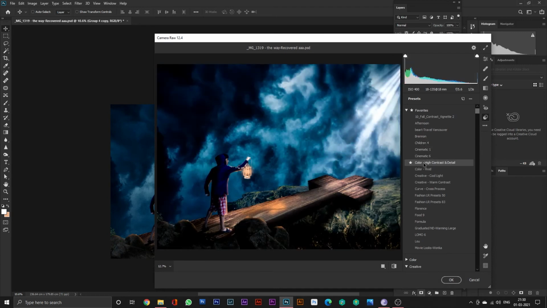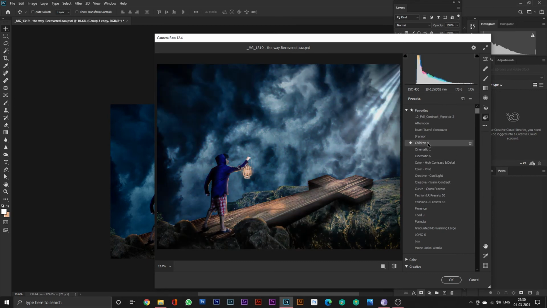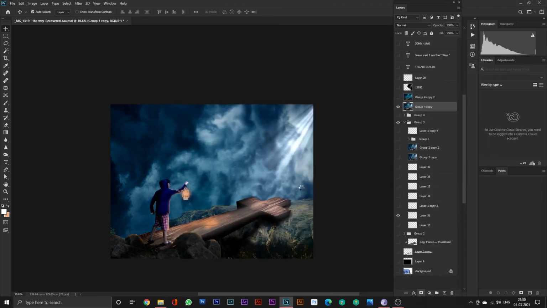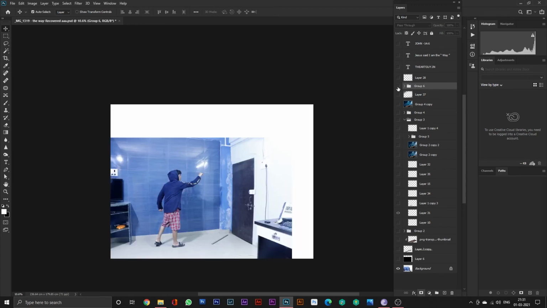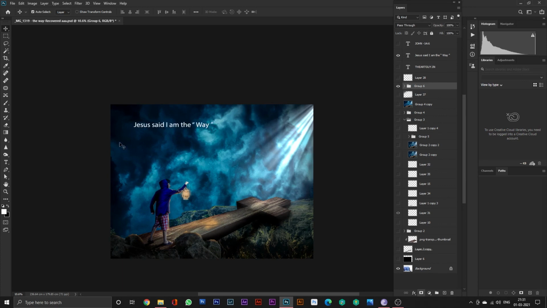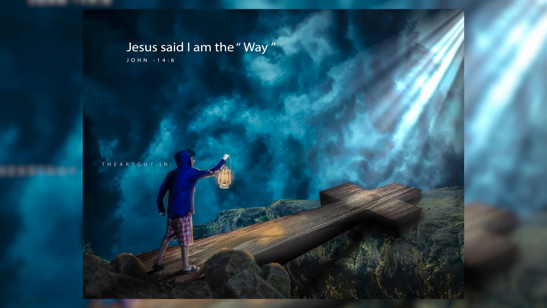And in coming videos I'll be showing how to install the presets also, because this is very easy and most of the people don't get this. So there you have it, from scratch to sketch.